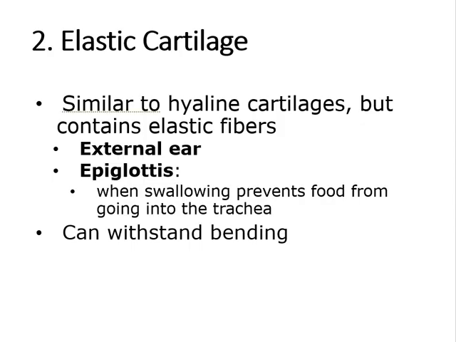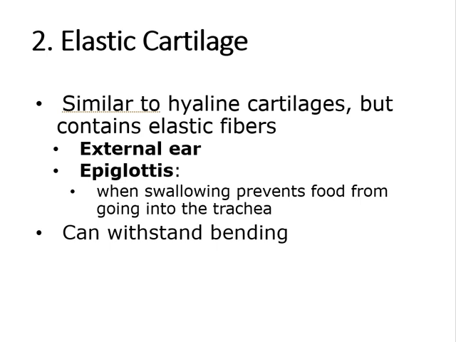We can't forget there's other types of cartilage. While hyaline cartilage is the most abundant, elastic cartilage is definitely resilient. It's able to, with its elastic fibers, bend and then go back to its original shape. Areas where you could find elastic cartilage are the external ear, also known as the pinna, and the epiglottis, which is a flap of elastic tissue that closes to essentially protect the trachea and prevent food from going into the